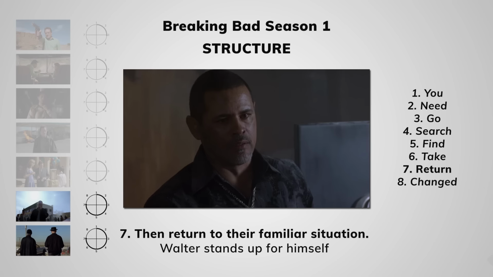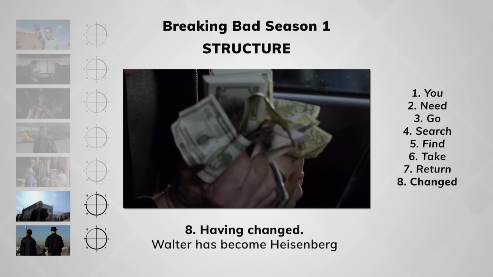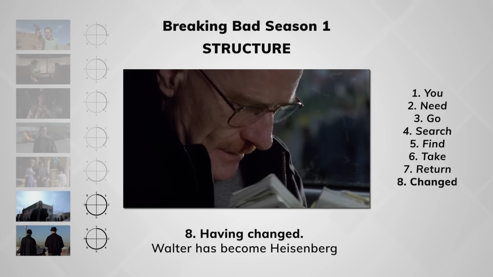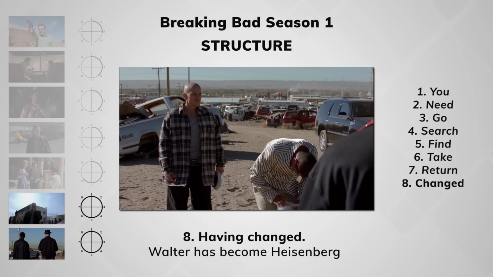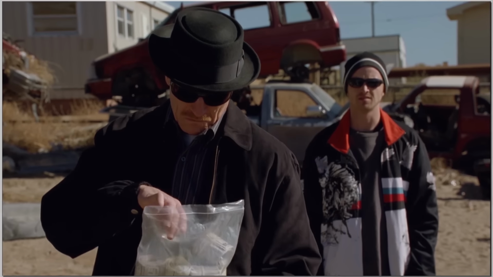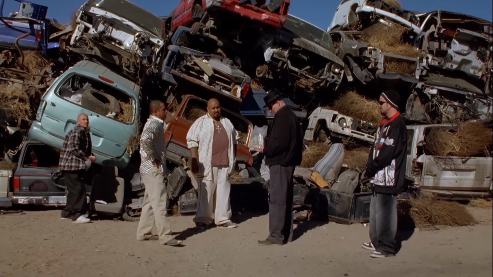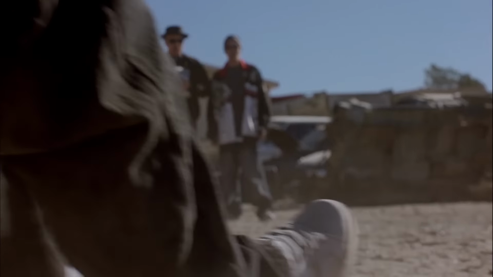This ends the major conflict for the season, and in these 2 episodes, we see Walter's full change into Heisenberg. He is gaining the power and respect he feels he deserves. Then at the end of episode 7, the show leaves it open for more to happen in the next season. Walter and Jesse aren't out of the woods yet, and they still have tons of work to do.